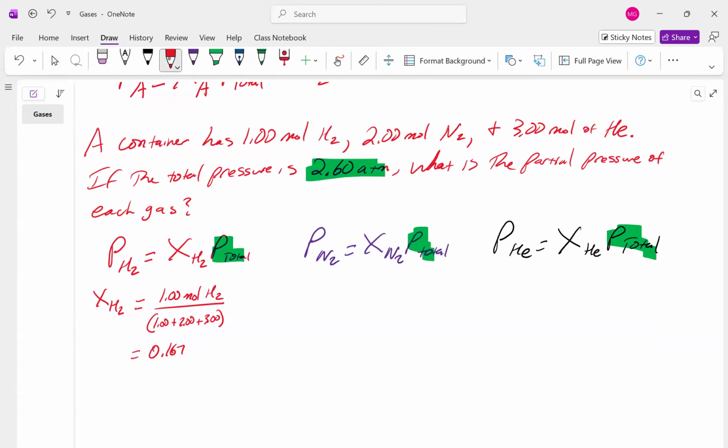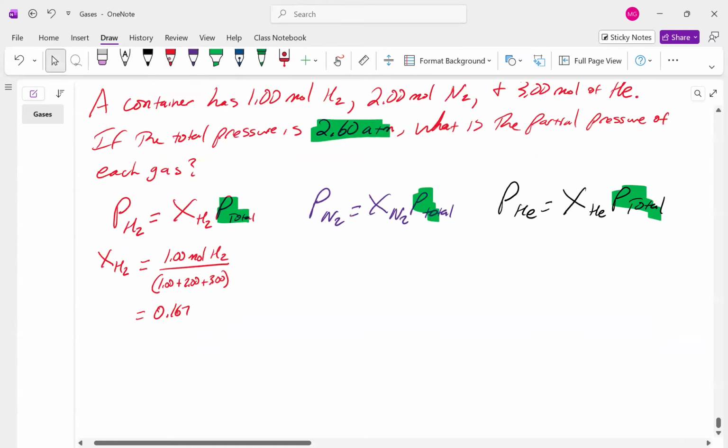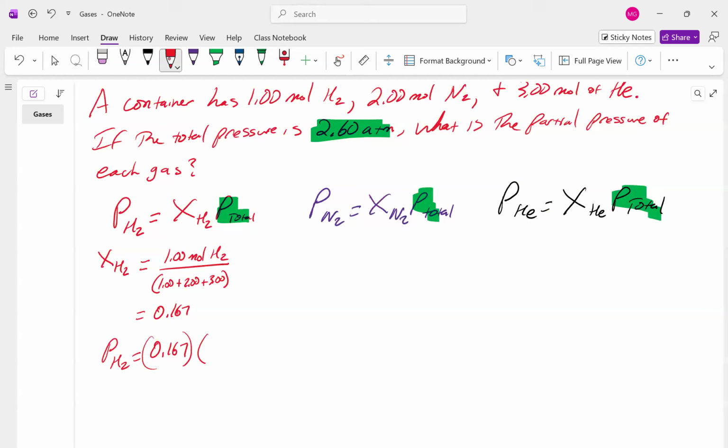Mole fraction is unitless because it's just part over whole, and so the units cancel out. So now I can plug this in. 0.167 times the total pressure, which is 2.60. And so that comes out to